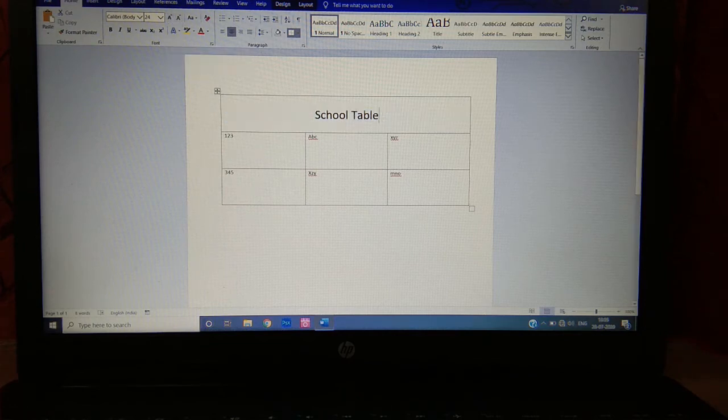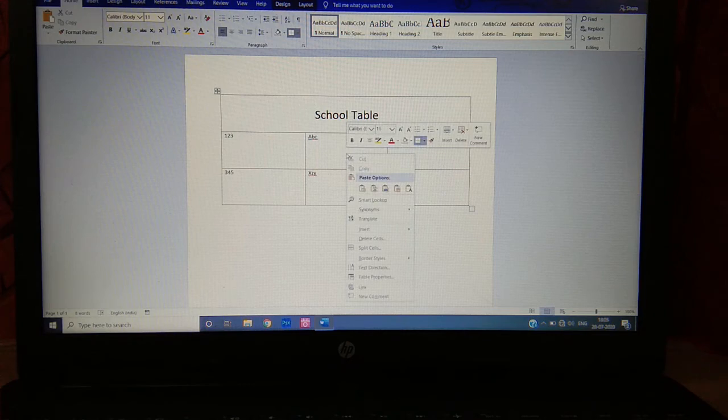Okay, so you have already learned how to merge cells in MS Word. Now we will learn how to split a cell into more cells. So for this we will just click on any one cell. Suppose we are clicking on this ABC, this cell. We will just click on there, right click